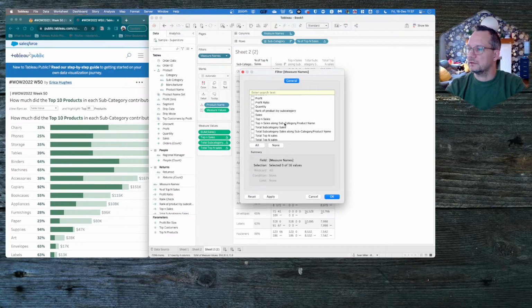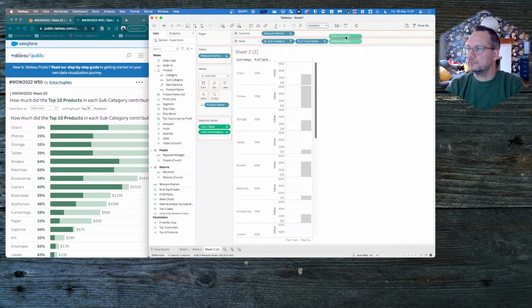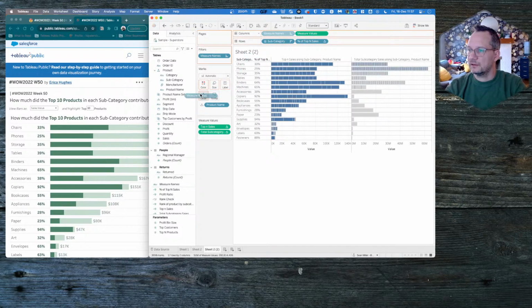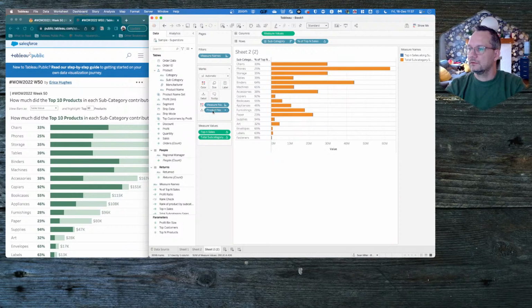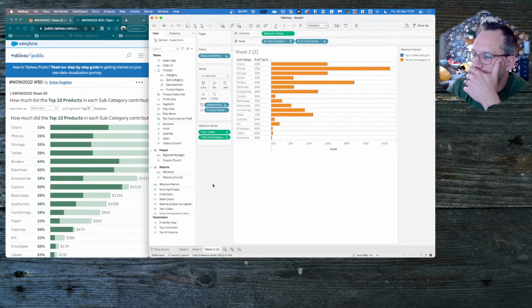Top n sales along product item subcategory. There we go. Just those two. I'm going to move measure values to rows. Nope, to columns. Move that to the right, and that's not working the way that I want to. The reason for that is because we have a dimension for every. So